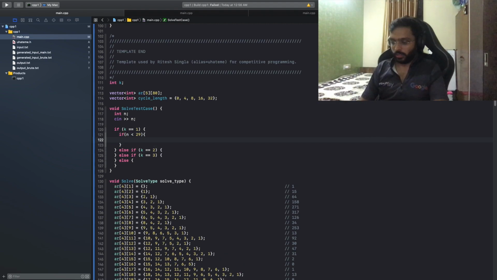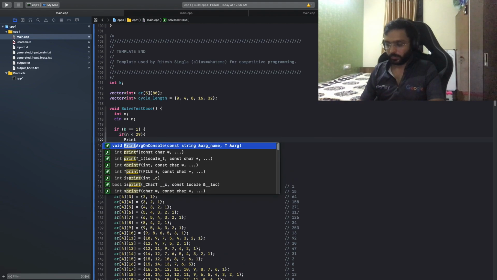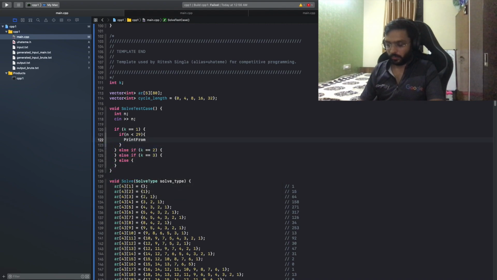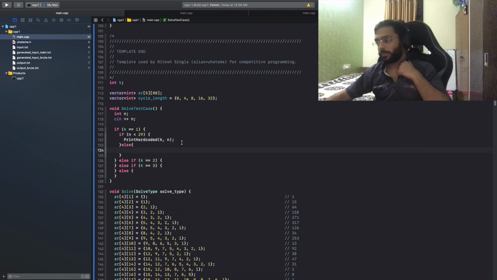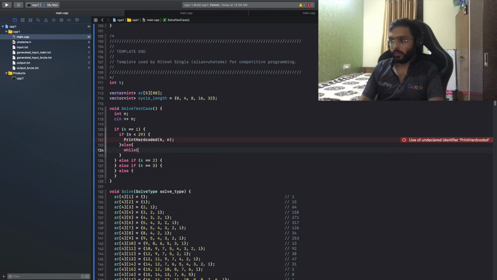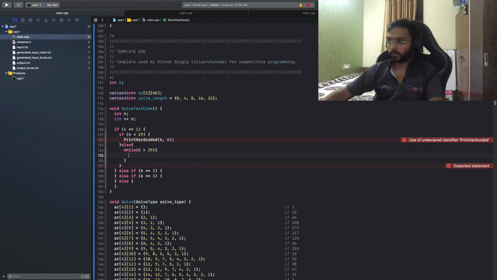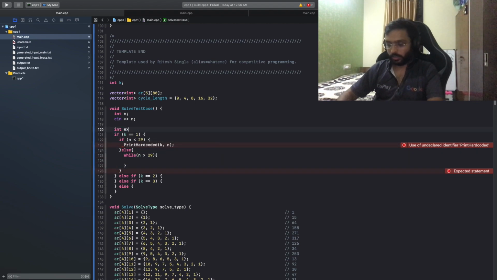So if n is 29, I simply print the hard-coded values, like k comma n. Else, while n is greater than 29, let me just add int extra equal to 0, n minus equal to cycle length of k